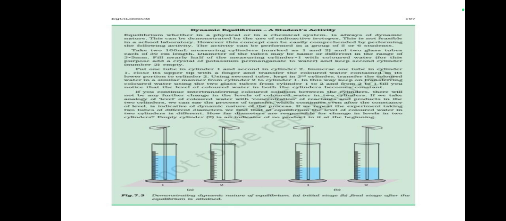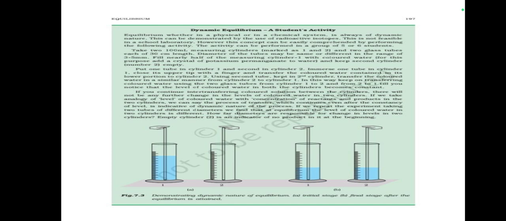Put one tube in cylinder 1 and the second in cylinder 2. Immerse one tube in cylinder 1, close its upper tip with the finger, and transfer the colored water contained in its lower portion to cylinder 2. Using the second tube kept in the second cylinder, transfer the colored water in a similar manner from cylinder 2 to cylinder 1. In this way, keep on transferring colored water using the two glass tubes from cylinder 1 to 2 and from 2 to 1